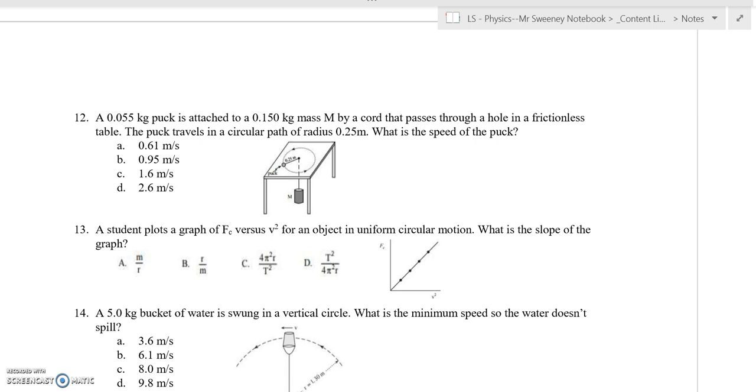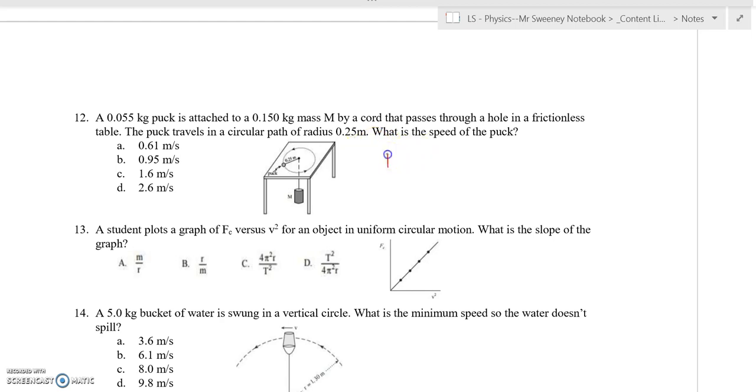Number 12, a 0.055 kilogram puck is attached to a 0.15 kilogram mass m by a cord that passes through a hole in a frictionless table. The puck travels in a circular path of radius 0.25. What's the speed of the puck? So this is very, very similar to the problem that we had in a collected homework assignment where you were swinging the rubber stopper around and then there was a hanging mass below. And if you remember in that problem,